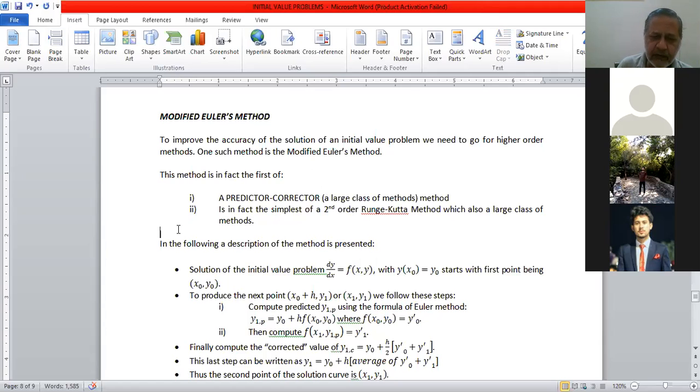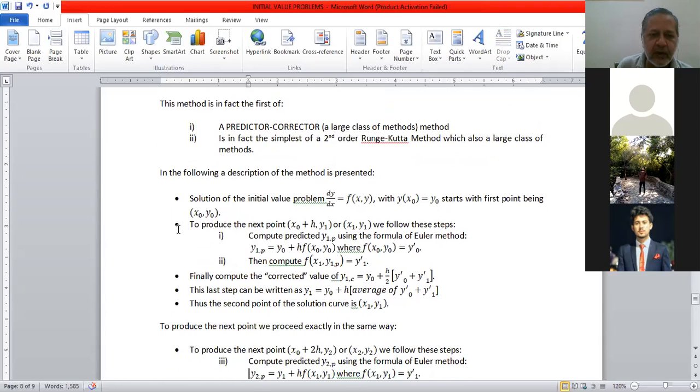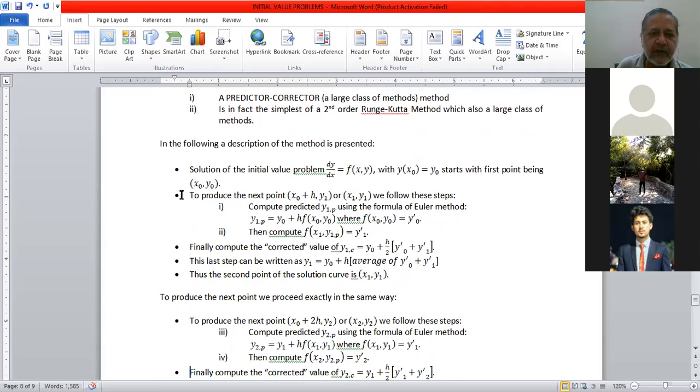How it works, we describe it here in step 5. Sort of an algorithm is being described for implementing this modified Euler's method. Of course, we have to find a solution of an initial value problem of the same type. And we start with x naught, y naught as being the first point of the solution. And then we produce x naught plus h comma y1